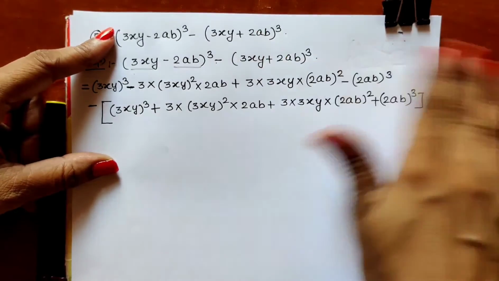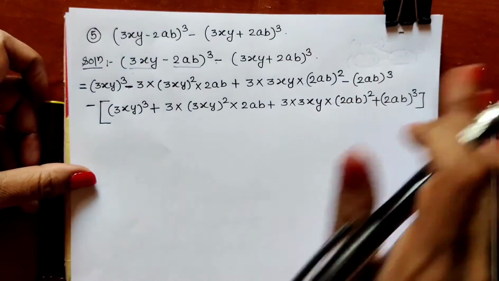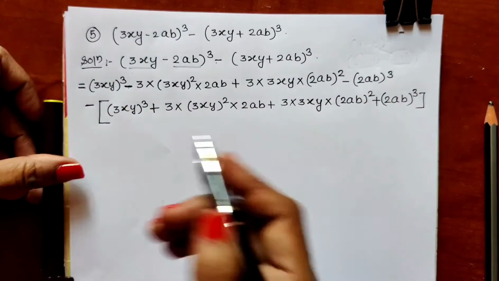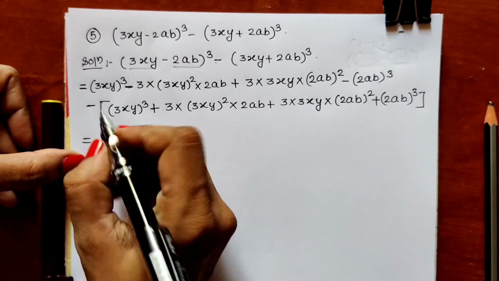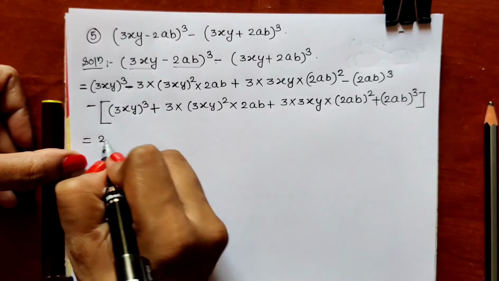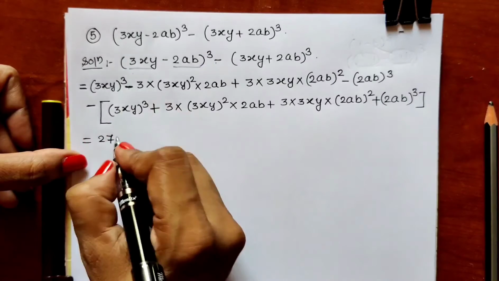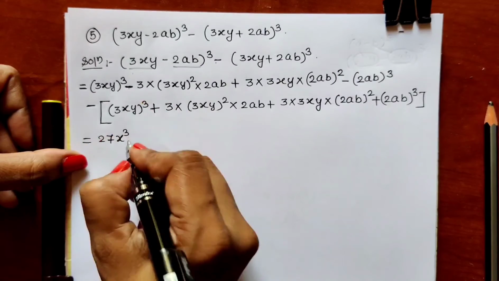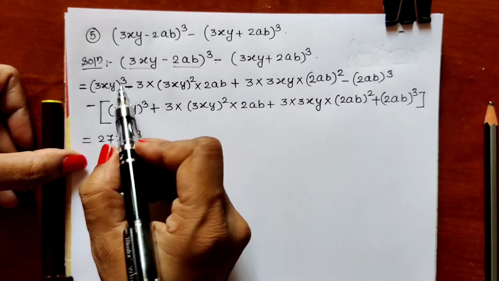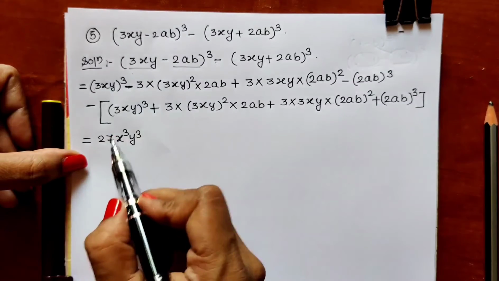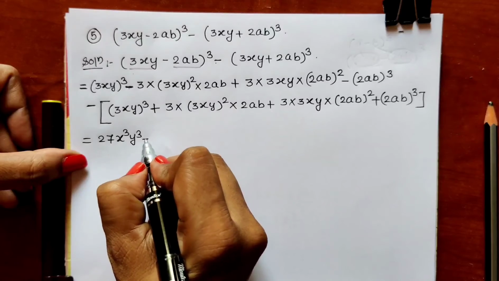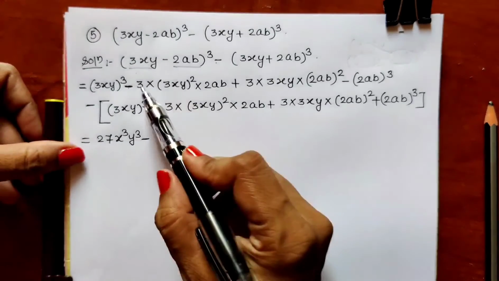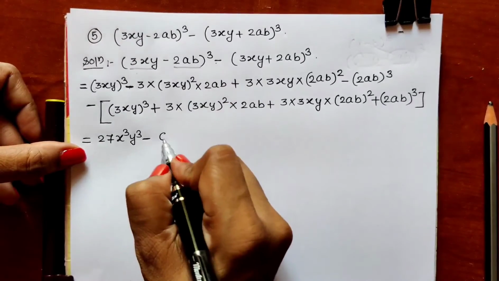Okay, now as we have applied the formula, in this step we are going to solve the terms. 3 cube means 27, cube of x is x cube and cube of y is y cube. In this way we have to do the cube. 3 cube is 27, cube of x is x cube, cube of y is y cube. Minus, first we will do multiplication. 3 2s are 6, ab